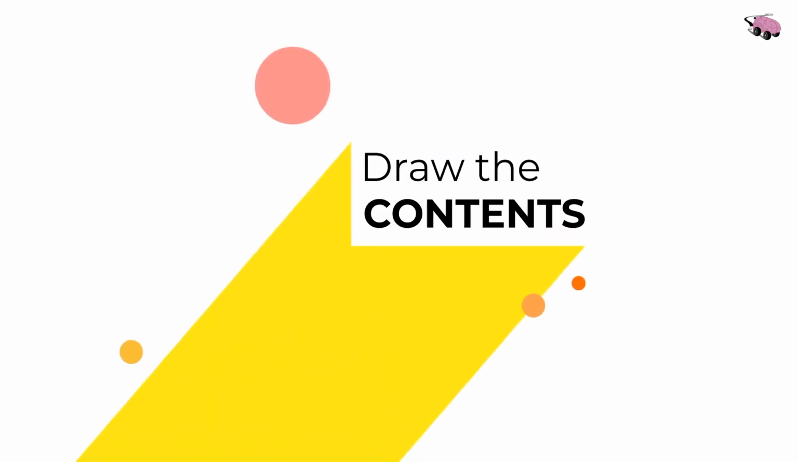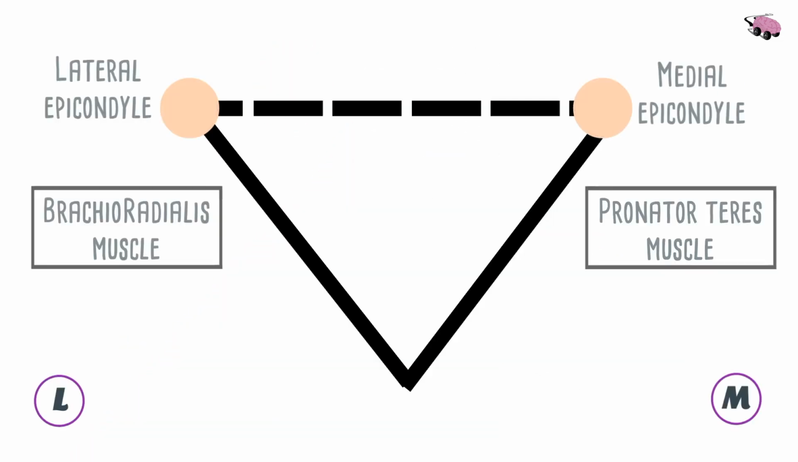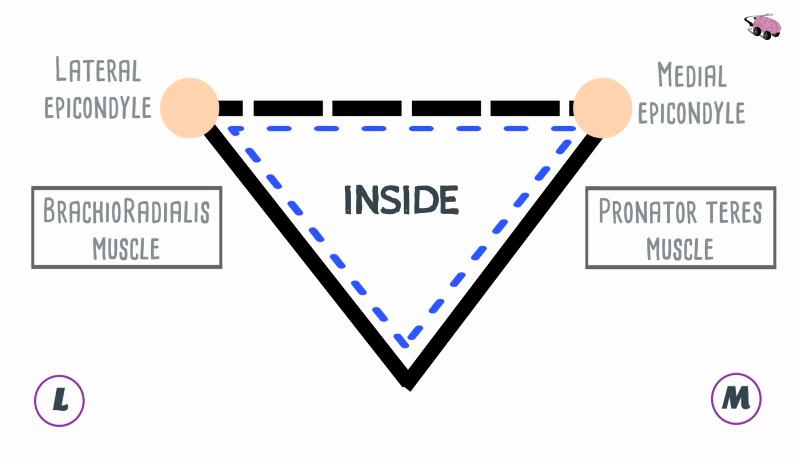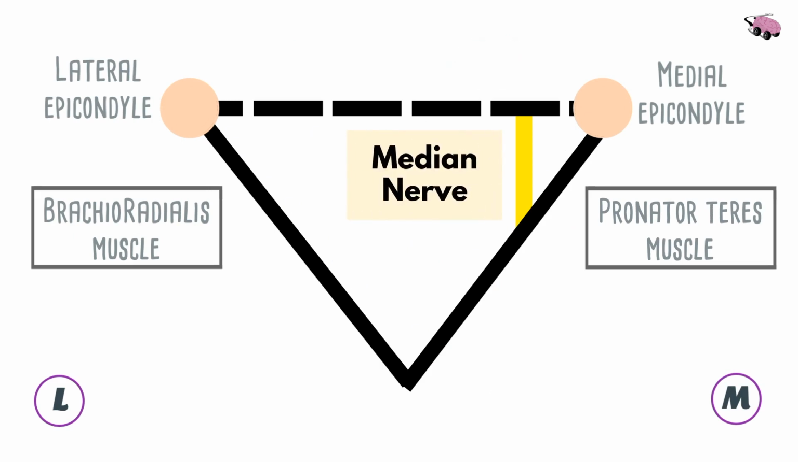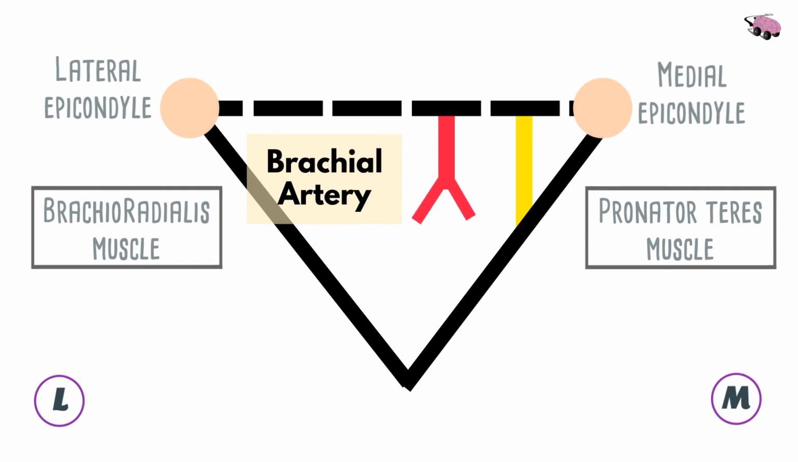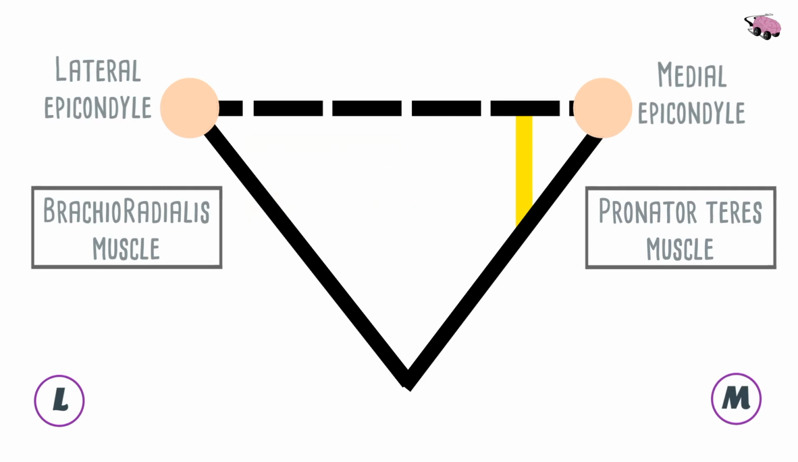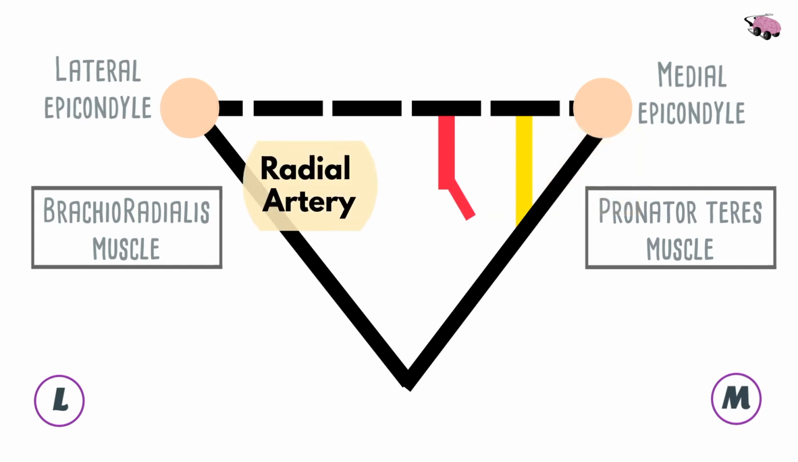Now on to the contents of the cubital fossa. Inside the cubital fossa are 4 important structures. We'll start from the medial side with our first structure going down, our median nerve. Lateral to the median nerve, we'll draw in the brachial artery, along with its bifurcation. Now the brachial artery gives rise to 2 important arteries called the ulnar artery, going medially, and the radial artery,